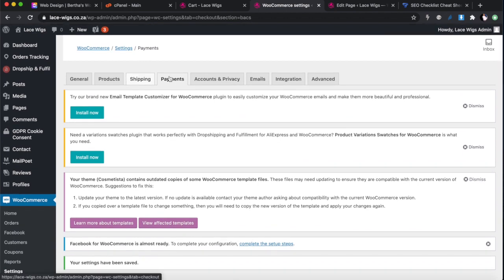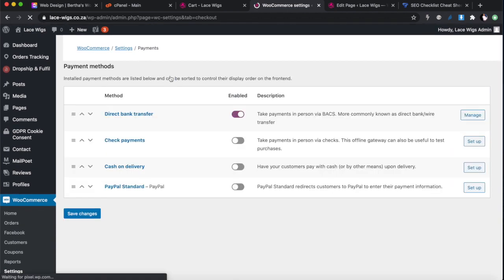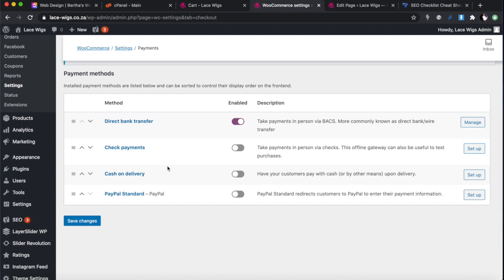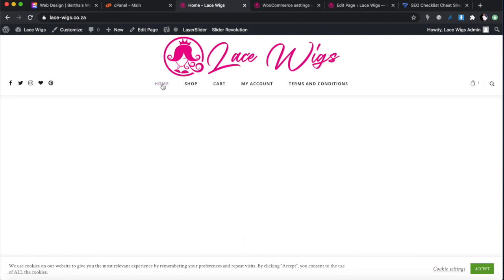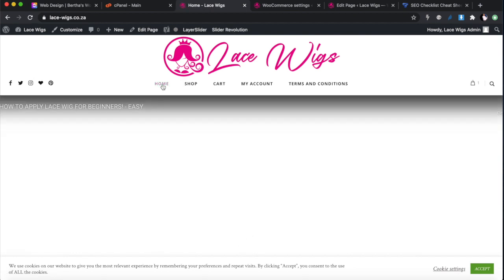Okay, so payment. And the next one we want to do is credit card processing here in South Africa. And for that, we want to use PayFast. Okay, there's a more detailed video on this, so I'm not going to do this for you now. If you haven't seen that video, go and watch that video and figure out how to do the PayFast settings, because it also shows you how to do the direct bank transfer settings. But basically, if you've done all of that, you save. You can go back to your store and go to your home page, and clients should be able to check out of your store. Everything has been sorted.